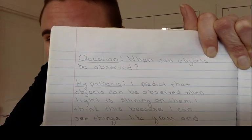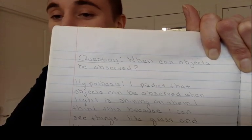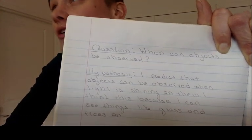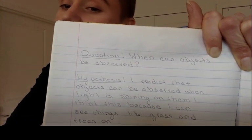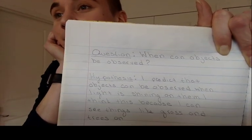Beautiful. Thank you, Tava. When it's not too dark. So then why do you think objects are easier to see when it's not too dark? You can explain your reasoning using what you already know about science, or just have a specific example. So for example, I could say,